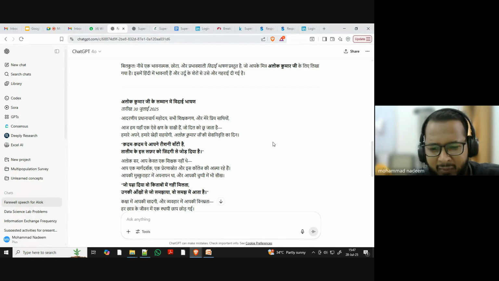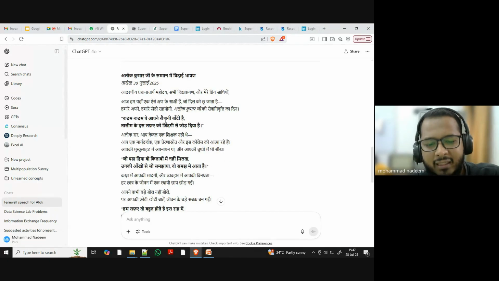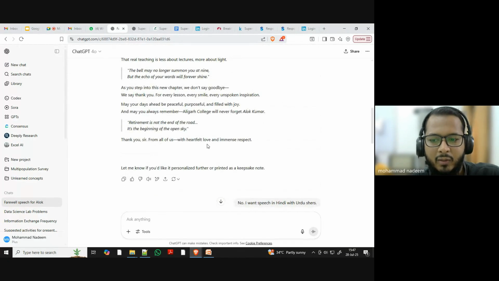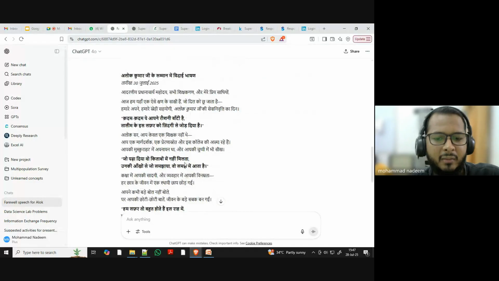How good is the shair? I mean, this is something else. I didn't like it. बहुत ज्यादा अच्छा नहीं लग रहा है, but shair is still there, and you see that it understands multiple languages. Okay? It understands multiple languages. So you can mention something in Hindi, you can mention something in